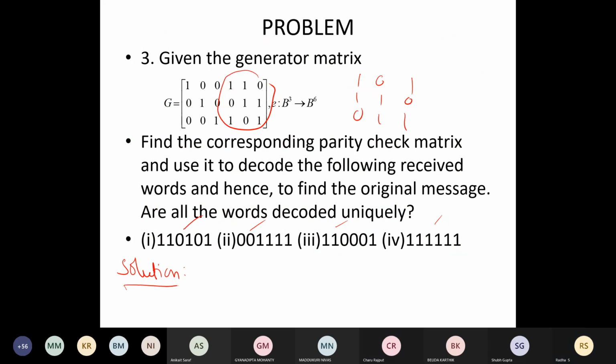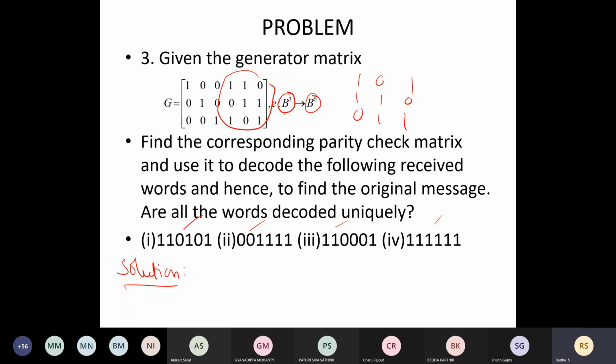Ma'am, how did you tell that the original message is 110, and the parity? See, any message from B cube, a 3-letter word, has been encoded by adding 3 digits at the end so that it becomes an element of B power 6. How many elements of B cube are there? 8 such strings are there.